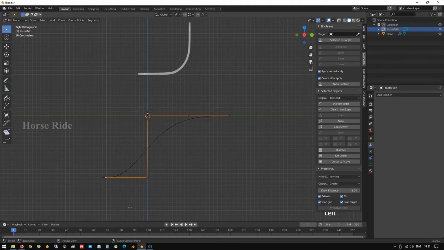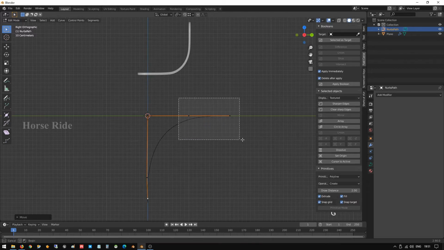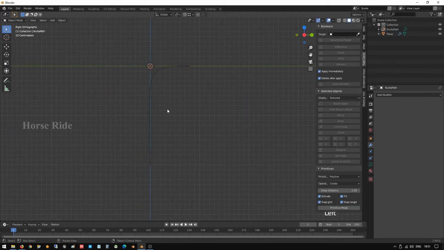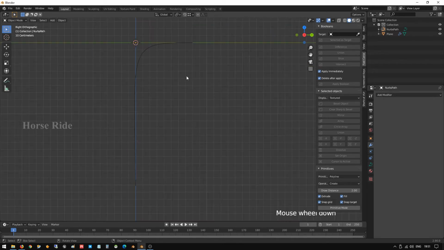So I am moving G Y, the same vertex and G Z. Okay, and I'm going to reduce this, select these two vertices, G Y, and I'm going to do this. Okay, I hope this will be correct. In front view it's the correct angle, and the third view also it's correct.